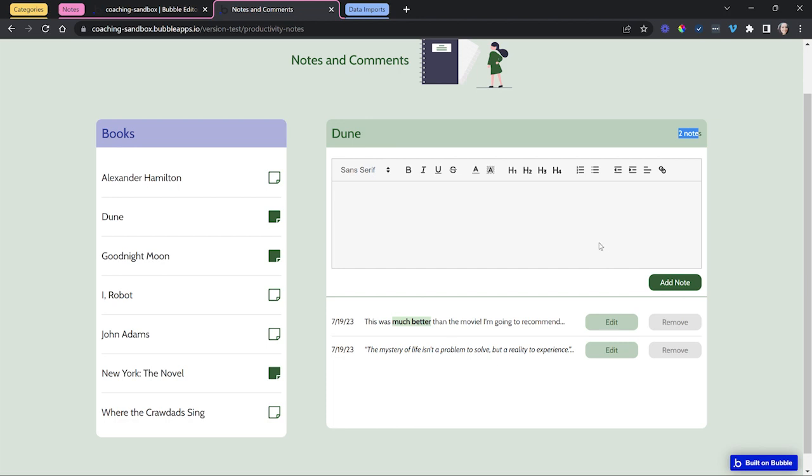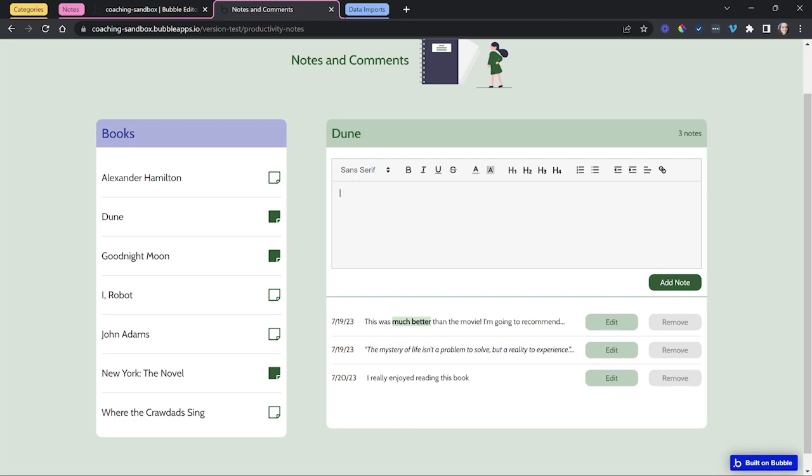And then in the design, you can make it easy for the user to contribute further to the list of notes. So for example, I'm going to say here, I really enjoyed reading this book. Now I'm using a plugin that Bubble has called the Rich Text Editor. There are other inputs that are more plain text where you don't have all of this formatting. But for a system like this, I think it's really convenient to offer the user some formatting capabilities. It can really help them organize notes, especially if we're expecting them to type in maybe multiple paragraphs, bullet lists, things like that. So I'll type in my content, I'll click on Add Note,